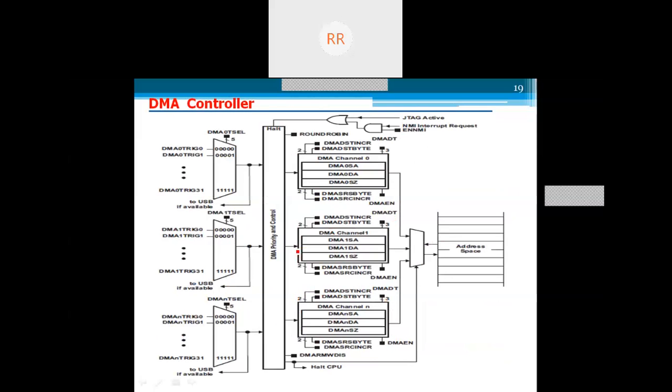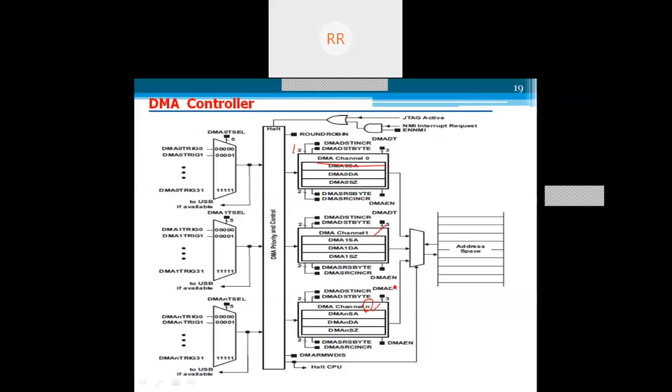So coming to the MSP430 DMA controller, here you will have a 3-channel DMA controller. That means you have 3 DMA units here. If you observe, this is DMA channel 0, this is DMA channel 1, and this is DMA channel N. Actually they have given a generalized diagram, so they have mentioned N here.